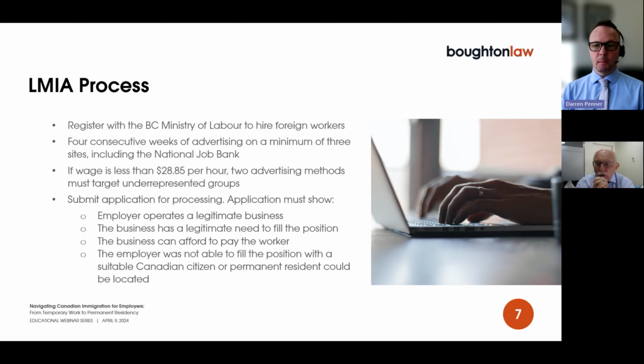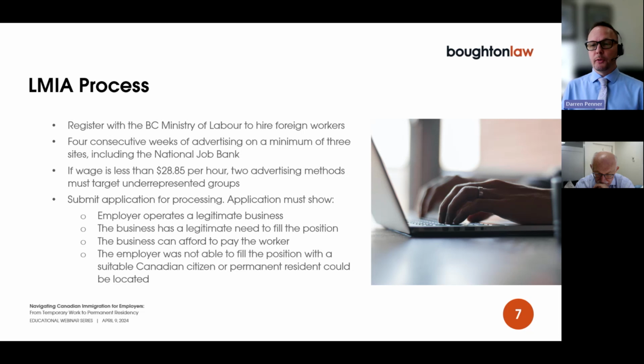The one quick thing about the advertisements, just keeping in mind the amount of time I have here. Employers often come to me and they say, "Well, we did advertise the position. We've had it running for 3 or 4 weeks, so can we use that already?" The answer almost always is no, and the reason is because Service Canada has a very long list of things they want in the advertisement, and it's all very specific. If even one of those things is missing, we generally have to discount that advertising source altogether.